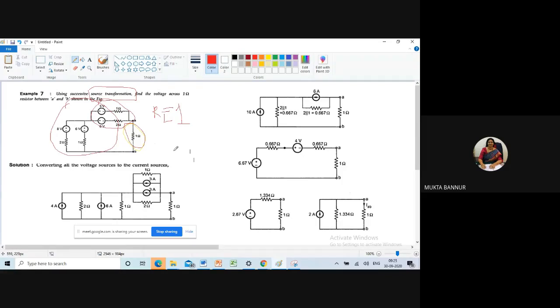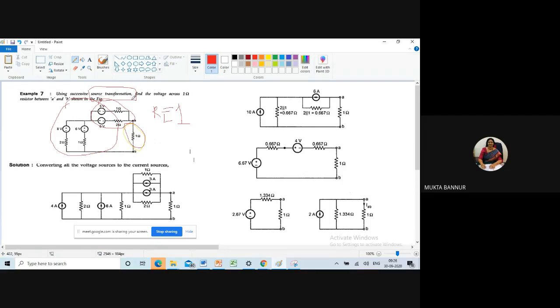So what do you need to do? See, you cannot add these 2 sources, because these 2 sources are voltage sources connected in parallel. If voltage sources are connected in parallel, they cannot be replaced by a single voltage source until you apply source transformation to convert those voltage sources into current sources. Similarly, these 2 voltage sources connected in parallel can be replaced by an equivalent current source by using the rule